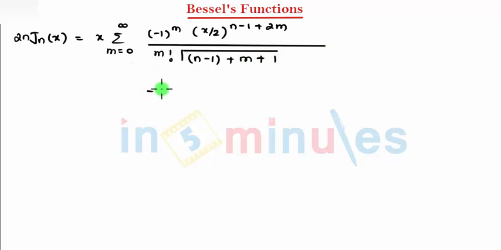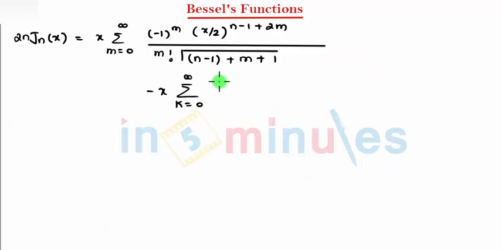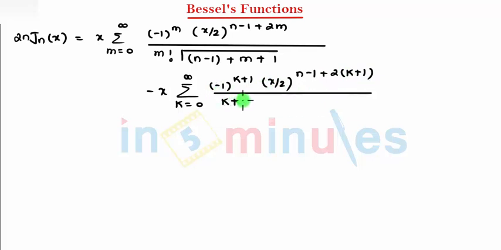And the further term I write as minus x summation k equal to 0 to infinity, because we are substituting m minus 1 equal to k, and further (-1) raised to k plus 1 (x/2) raised to n minus 1 plus 2 into (k plus 1). This gets divided by (k plus 1 minus 1) factorial and